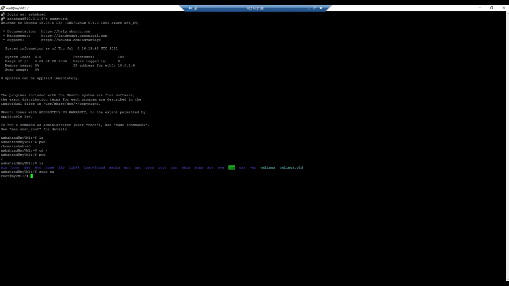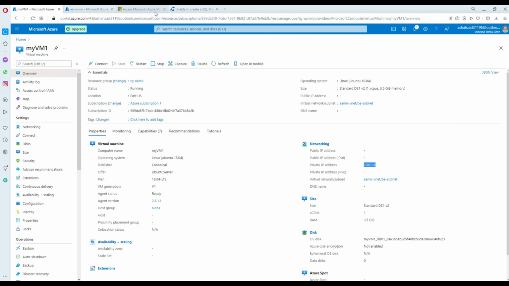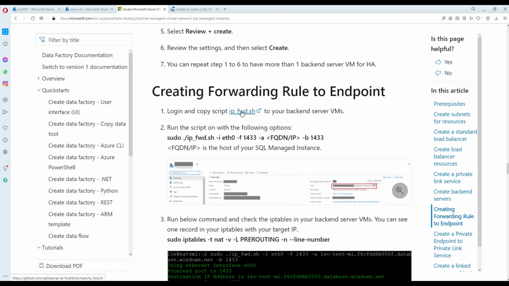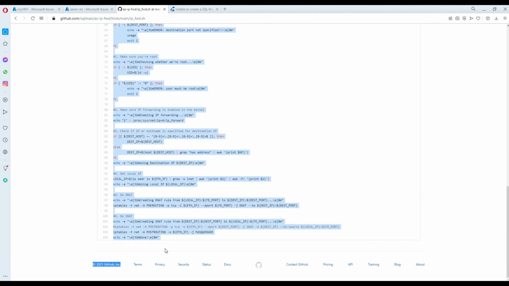I can become sudo here, and once I become sudo, now I can do a few things here. So what I'm gonna do, if you guys remember, there are a lot of steps in this document. So we are gonna open this IP and create this dot shell script. I'm gonna copy this whole thing and copy. What we are gonna do, we are gonna go back,